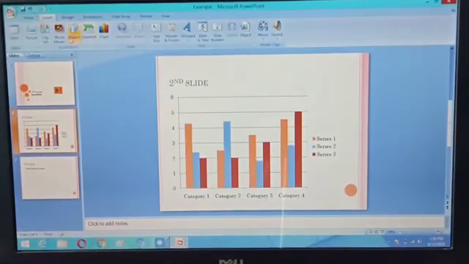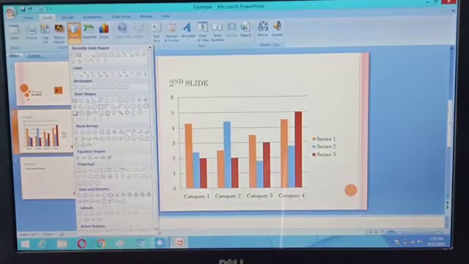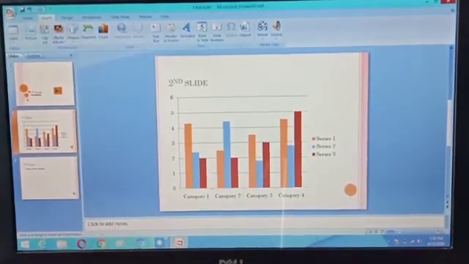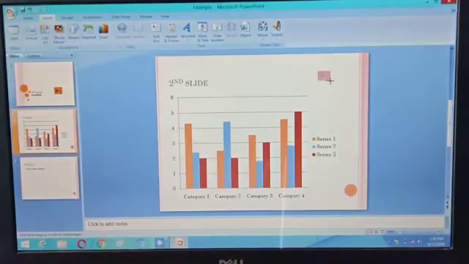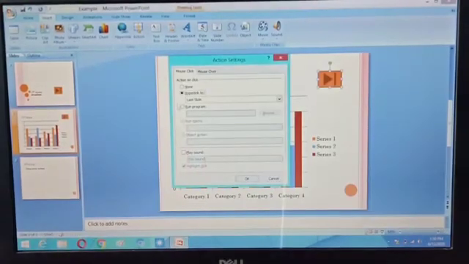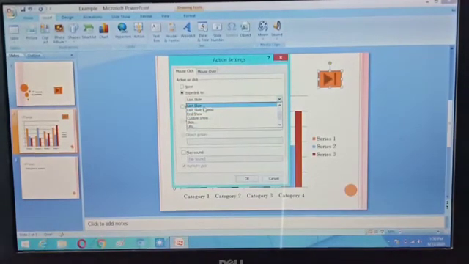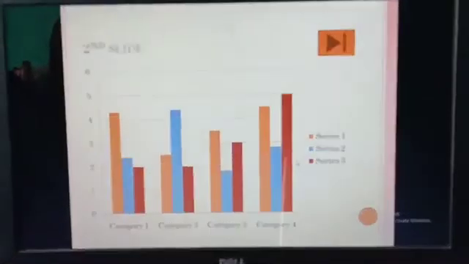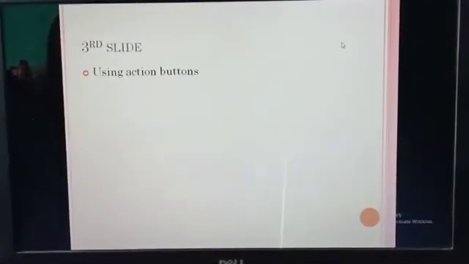Insert tab, shapes, go to down bottom of the dialog box and apply it, and left mouse button click and draw it, and select the slide which you want to link, last slide, and OK. Now slide show, click next slide, click next slide.